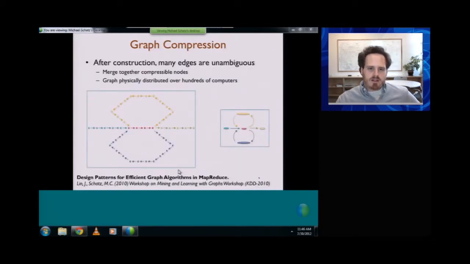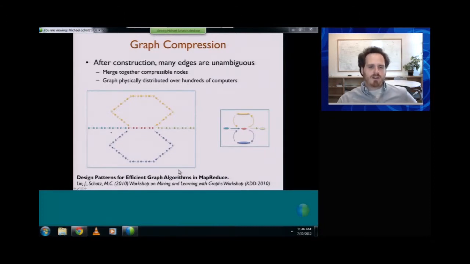The interesting part is that just scanning through the reads and building that initial De Bruijn graph is actually quite straightforward to do in a MapReduce setting. It's a pretty straightforward extension of that word counting example, where normally that canonical MapReduce example counts the number of occurrences of each word. Instead of counting the number of occurrences, you just keep track of which word comes next, and that'll build up the De Bruijn graph in less than 100 lines of code.